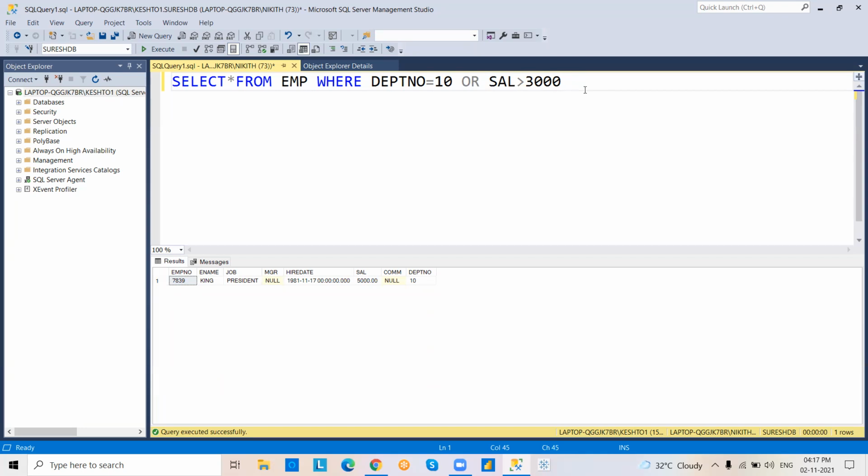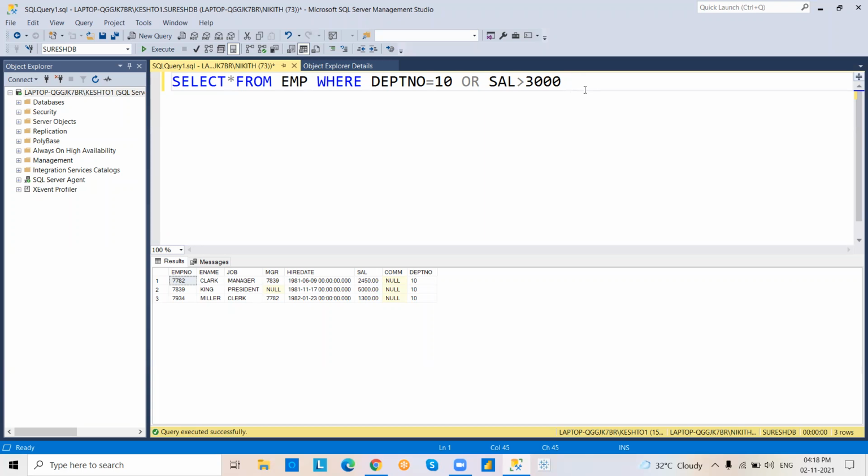So or operator means if any condition is satisfied, then we can get the data. So that is or operator. Okay. Now see that we got multiple rows. Why? Because it retrieved department number 10's data. In the same way, salary greater than 3000 data also. Right.